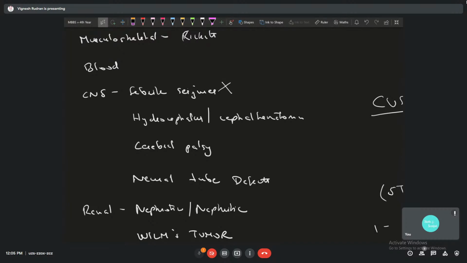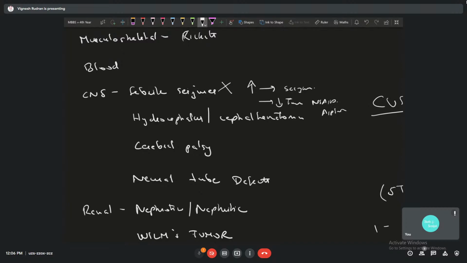So febrile seizures is where there's increased temperature, and due to that, the baby is going to go into seizures. It's not recurrent, and this doesn't predispose the baby to develop epilepsy in the future. But the way you treat this is you reduce the inflammation, that is the temperature, by giving NSAIDs. So the important thing is you don't give aspirin.